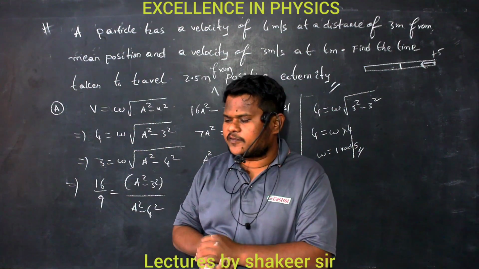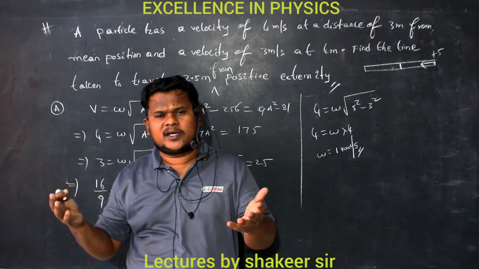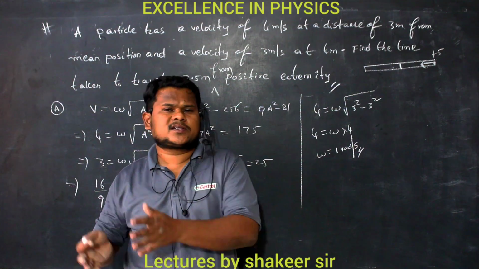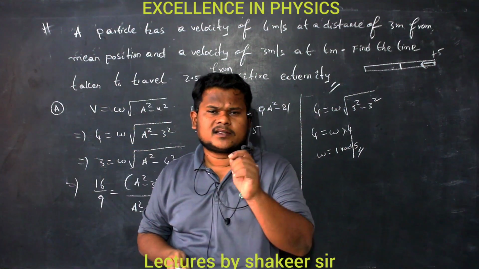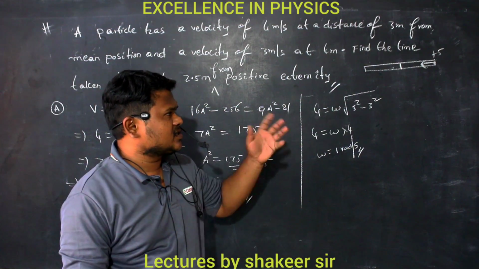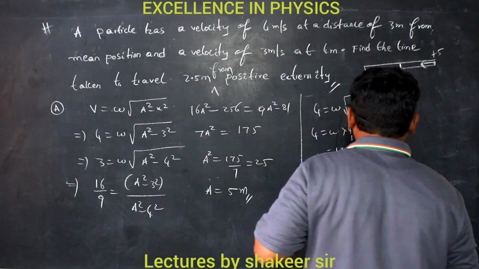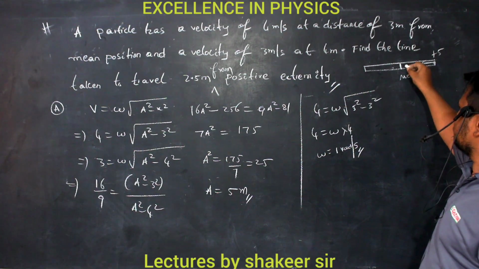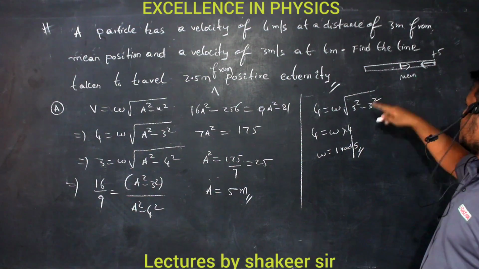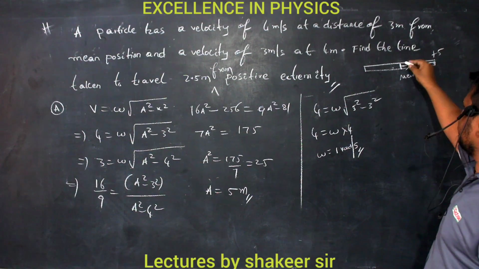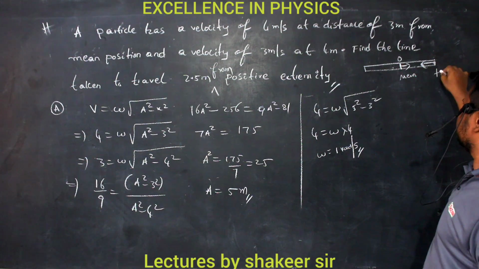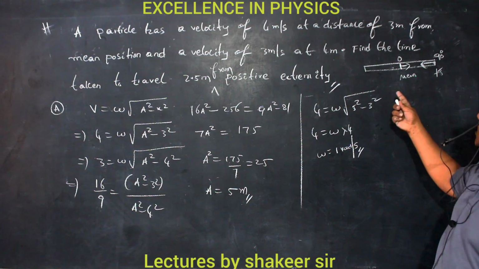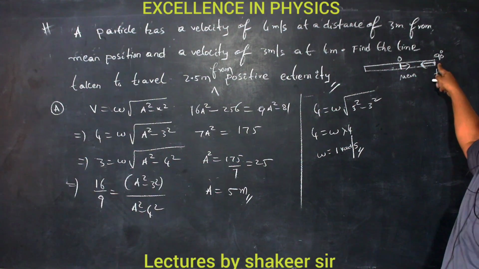What is meant by the initial phase of the particle? Already we have discussed many times previously, refer to those lectures. When we started observation, what was the position of the particle? That is called the initial phase. Clear? Already we discussed that every particle will start from the mean position, and in which direction? Towards the positive extremity. From here to here, when it traveled, the phase is 0, and when it reaches this position, it has covered 90 degrees. So when I started observation, the particle is already present at this position.